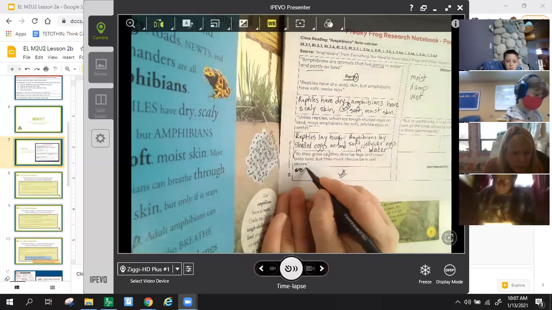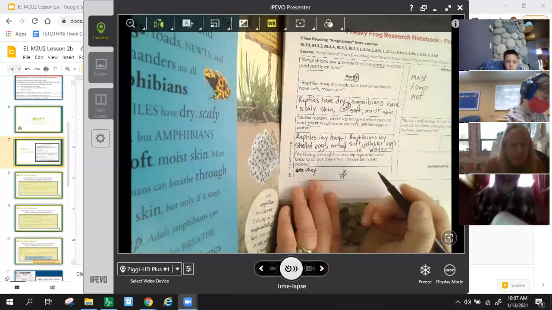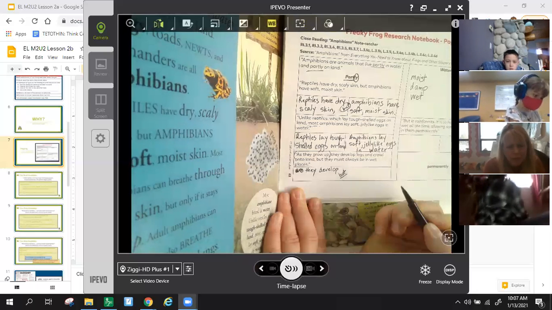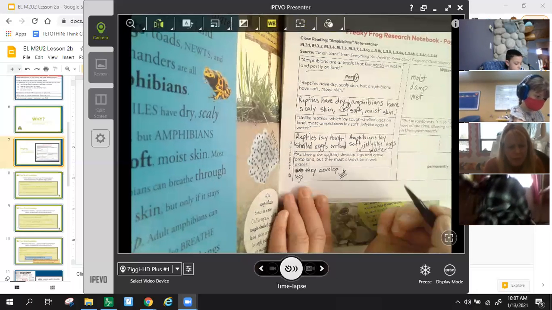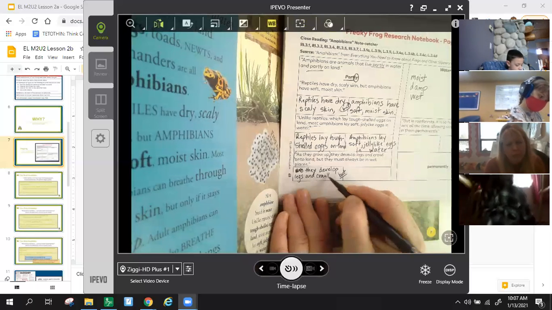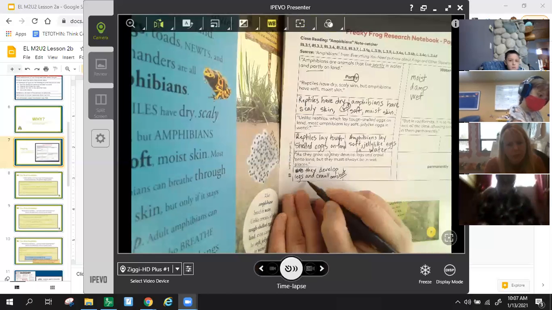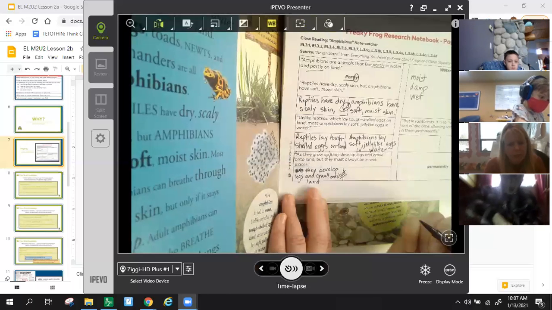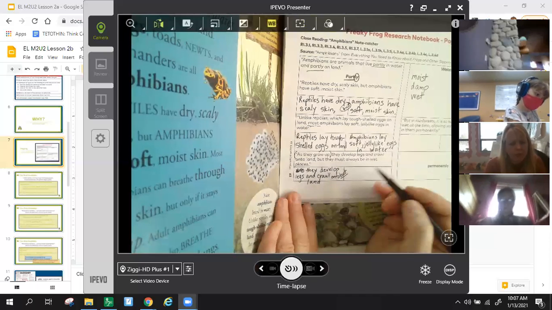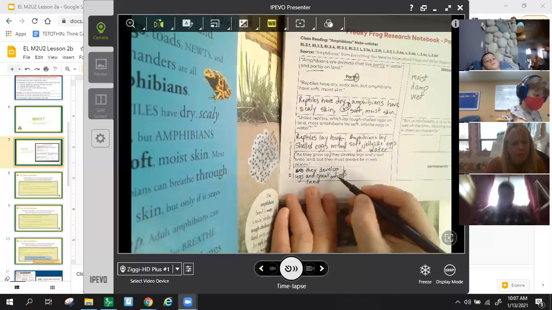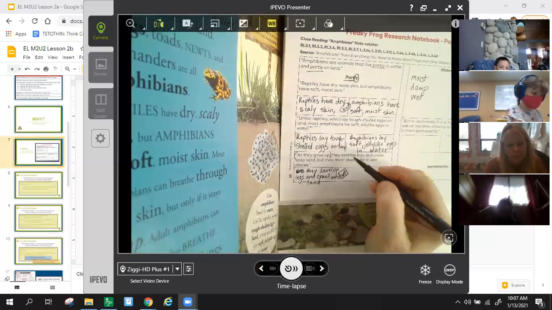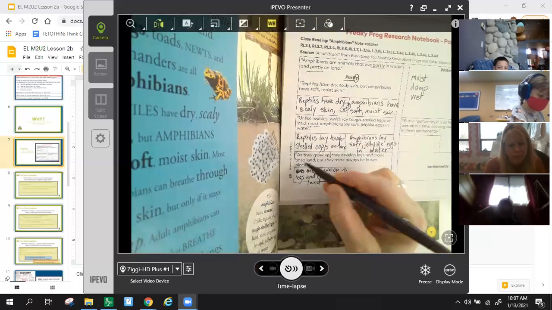They develop legs and crawl onto land. They develop legs and crawl onto land, and I just wrote it directly from here. So they develop legs and crawl onto land,